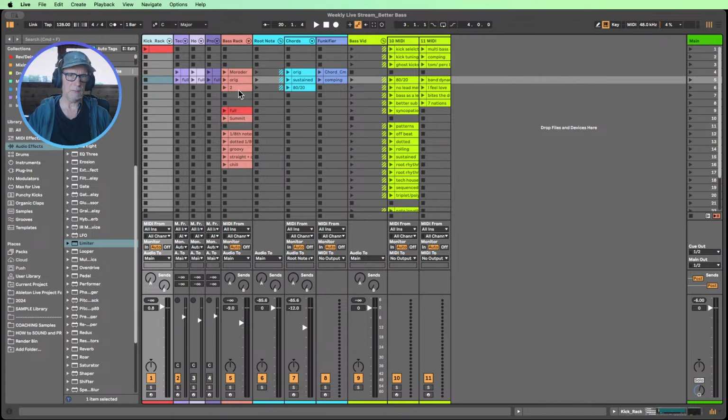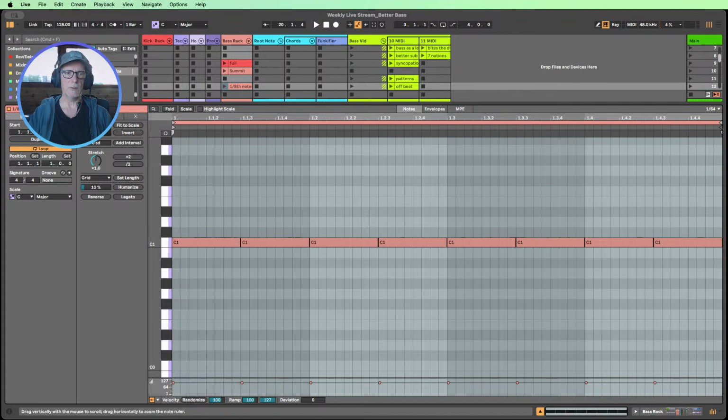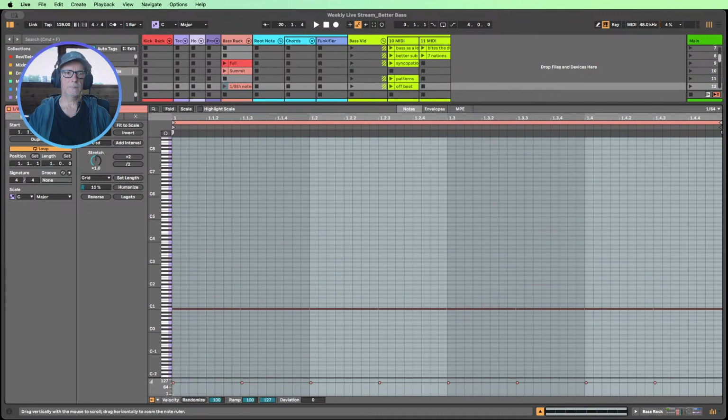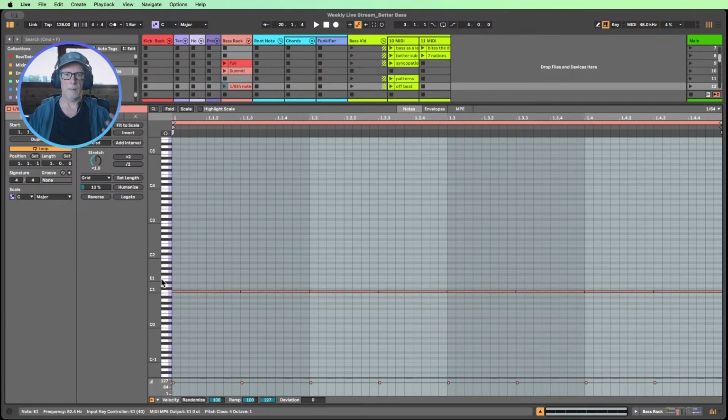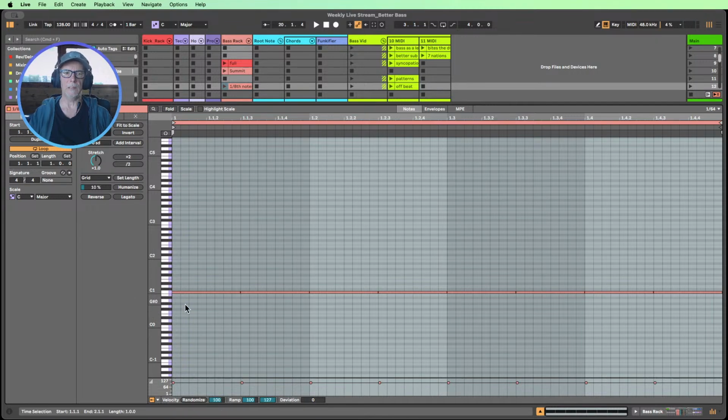If we look at some MIDI for a second and open up a piano roll with some notes here, we're right down here in the piano, in octaves 0, 1, 2, 3. Typically when you're starting out a music idea or a track, you should be thinking a little about the kick and the bass, and they're going to be living down in this space. Sometimes the kick is lower than the bass, sometimes the bass is lower than the kick, but we need to consider that and give it a little thought.